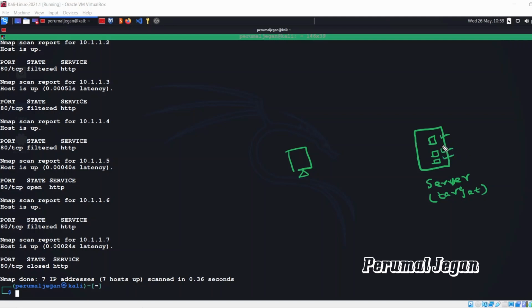It may be standard ports or some non-standard ports. Ports are literally like holes in your system or a network. They allow you to pass some traffic through. So, for example, let's say the server is running a web service.